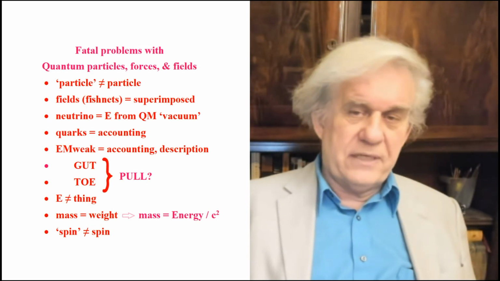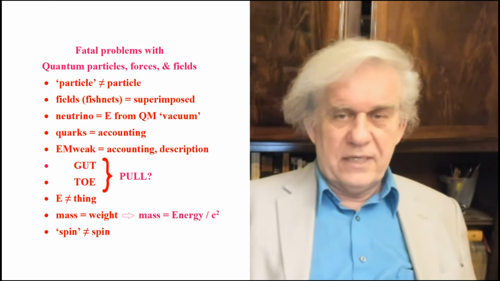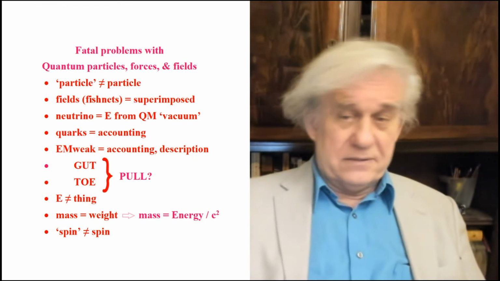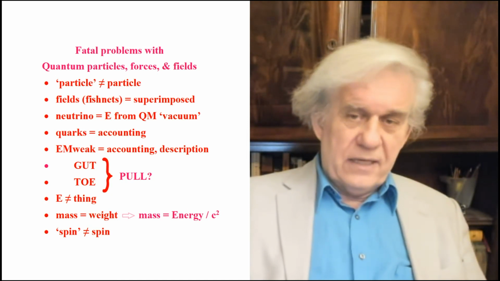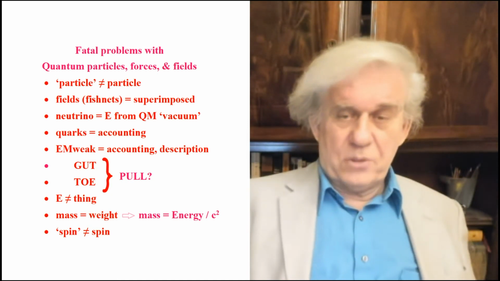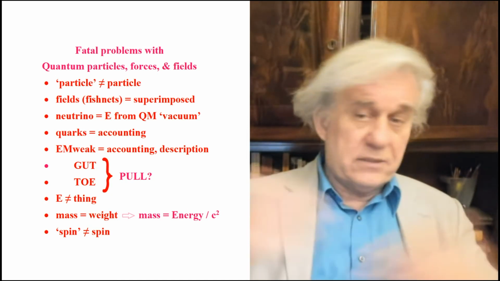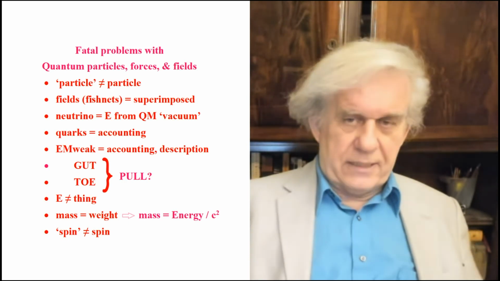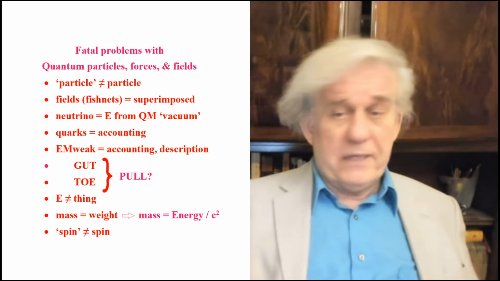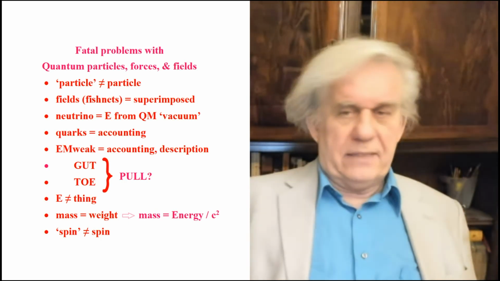So if a neutrino walks at a turtle pace, it has a certain mass. But if you accelerate it to an eagle pace, then it has more mass. So it's a question of speed, of acceleration. It's got to do with something that is dynamic. And spin is not spin. It's not the top spinning.